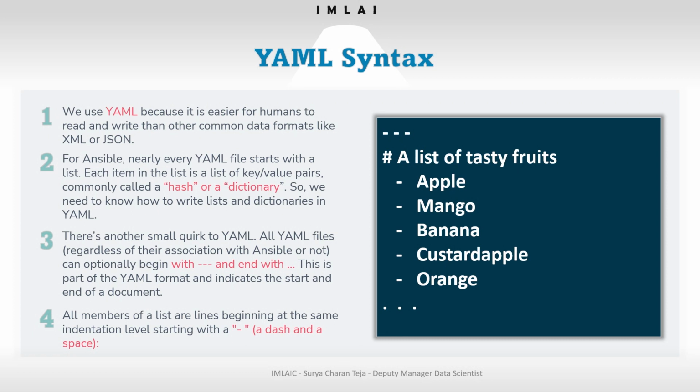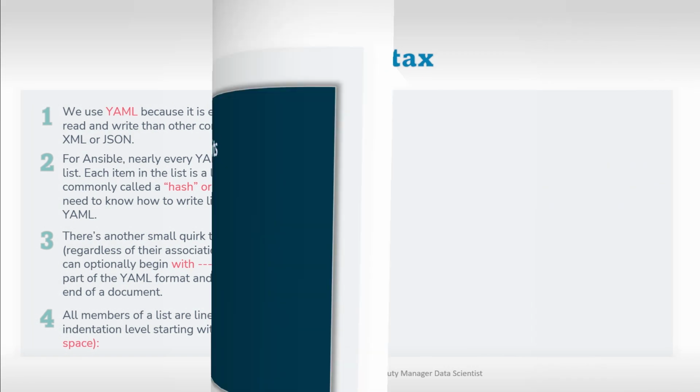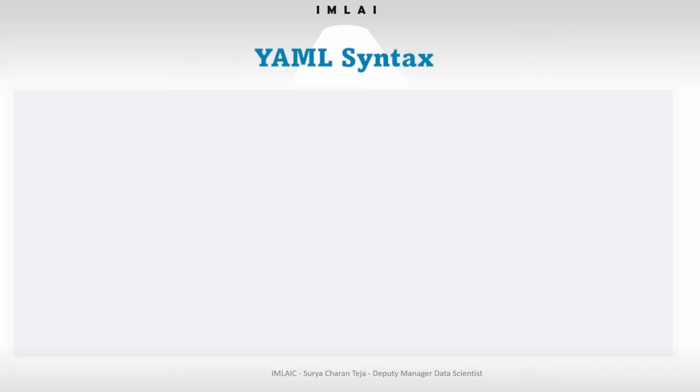So here we have seen the way of representing a list in YAML file. Now we are going to look into the representation of a dictionary in YAML file. A dictionary is represented in a simple way in YAML file: a key, then a colon and a space, and then the value. That's it. In this key colon space value form, the dictionary is represented in YAML